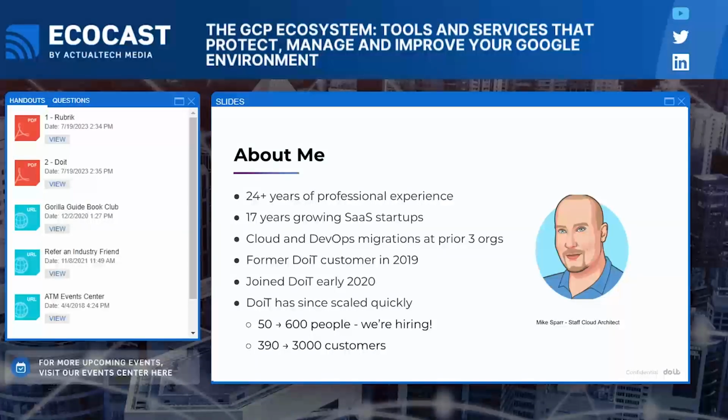Before Do It, I built SaaS-based startups for about 17 years and then helped grow a couple other organizations. And my last organization was actually a Do It customer, and that's how I met the team at Do It. And I was so impressed with the team and the technical expertise that after our company was acquired, we had about 500 people. We merged with a 1,200 person company, combined 1,700 people, and I decided that I wanted to try something new, and got involved with Do It, and it's been an amazing